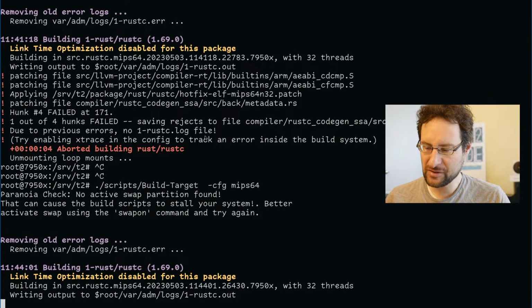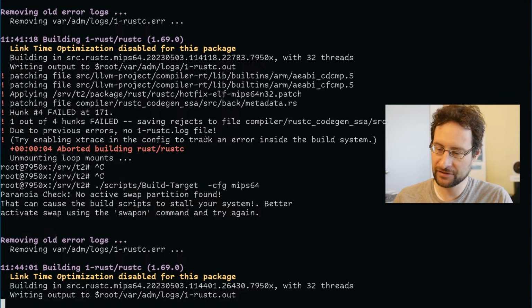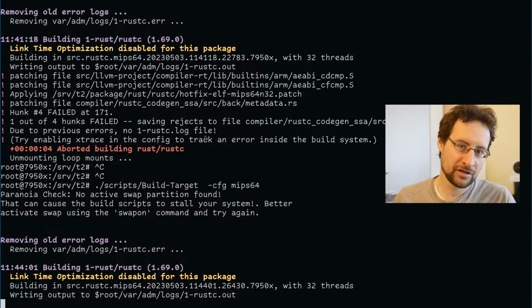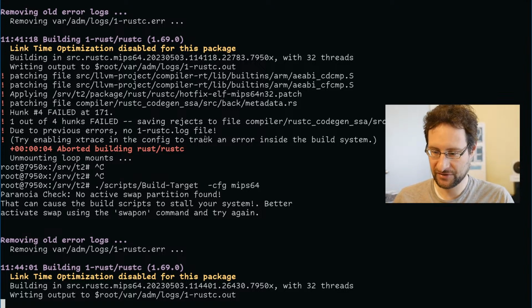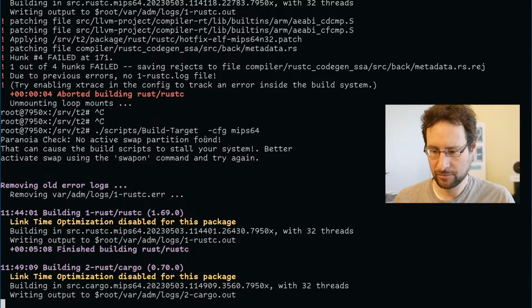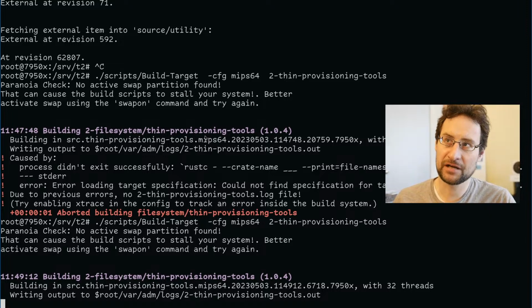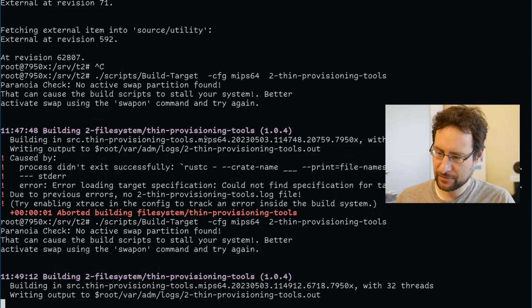So yeah, thin provisioning tools. I built Firefox before Rust 2 or 3 years ago for MIPS, and it unfortunately segmentation faulted and created probably an over 1 gigabyte core dump, so thank you very much. But that is next on my to-do: getting Firefox actually not segmentation faulting on PowerPC, or potentially MIPS or SPARC. Ironically, Firefox on SPARC did work not too long ago, like 2 years. Was it with Rust? The thin provisioning tools start compiling.